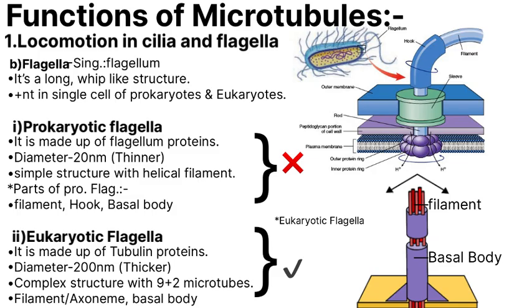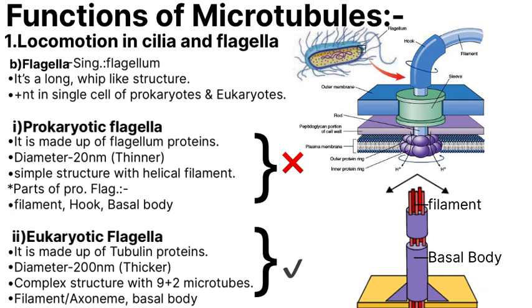Eukaryotic flagella don't have a hook in their structure as they don't need it. They whip back and forth in a wave-like manner, so they don't need a hook, as you can clearly see in the diagram, and it arises from the plasma membrane with the structure called the basal body, which is structurally similar to the centriole. And their ATP is used at their basal body by the dynein arms or the motor proteins.